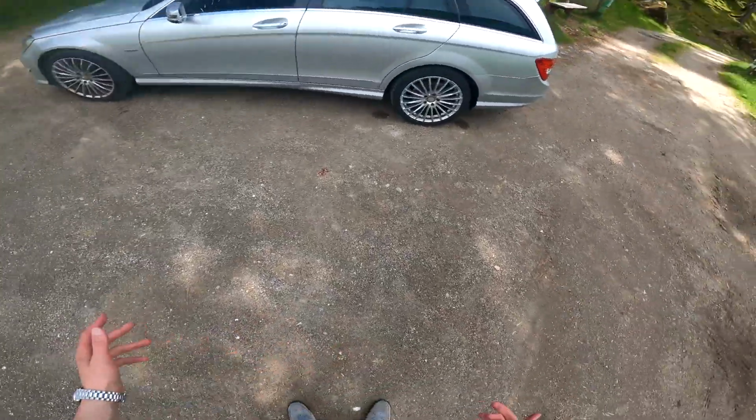Actually love it. Even the 18 inch wheels. Obviously it isn't a Golf. Definitely not as loud as the Golf, not as fun as the Golf, but it is what it is. Business comes first. So